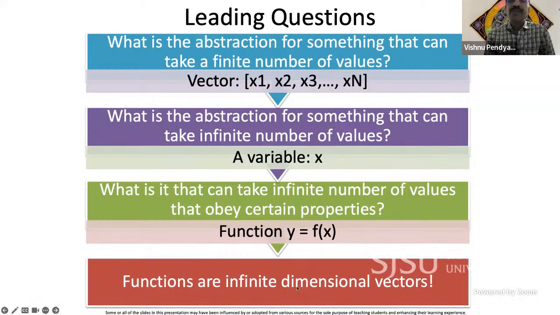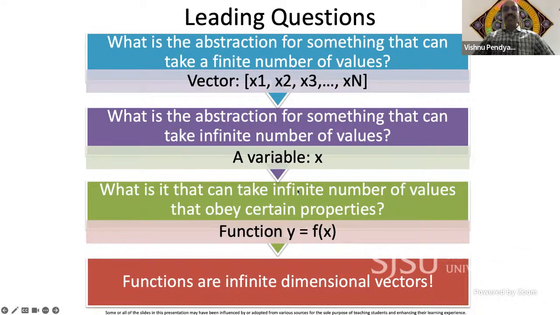Or the other way to look at it is from the bottom. A vector can be viewed as a discretized function. You just sample the function at certain places, you get discrete values, you get a vector of the samples. So that is the third interpretation of vectors. The first interpretation is a vector as a set of numbers like this. The second interpretation is a point in space with magnitude and direction. And the third interpretation is a function.